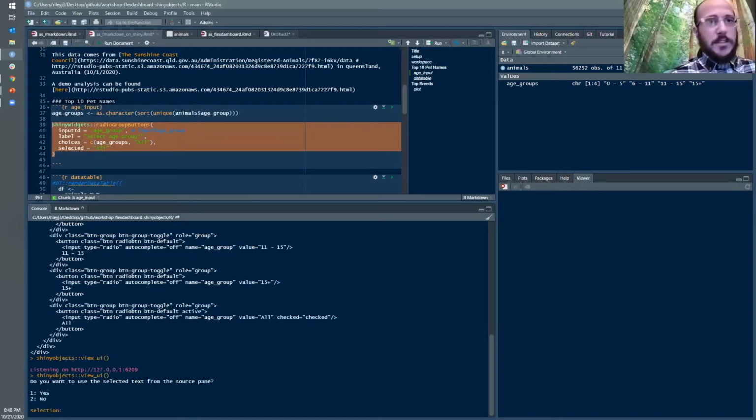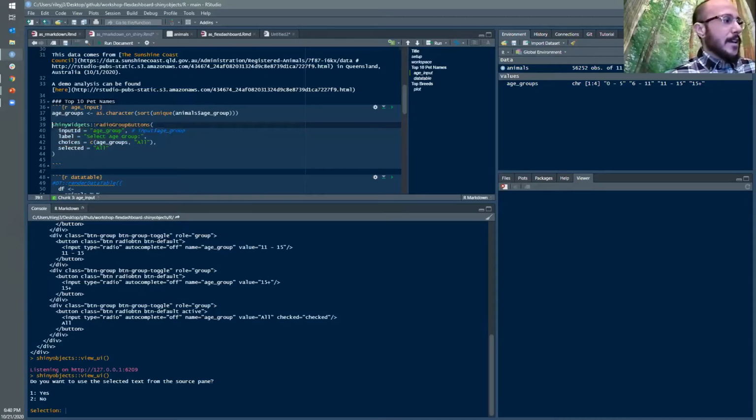And so it's going to ask me just to make sure. It says, do you want to use the selected text from your source pane? So it's looking up here. It sees that I have text highlighted, and it just confirms that I want to run it, because it's going to,